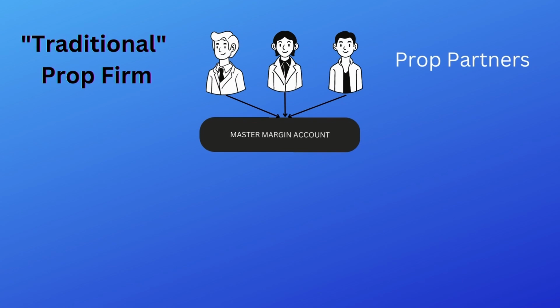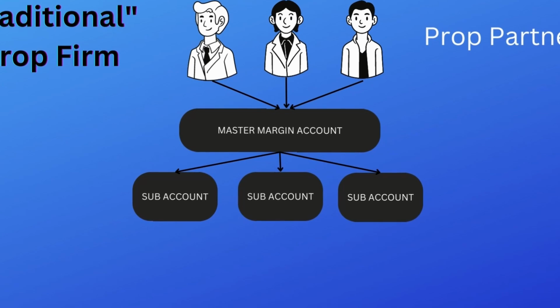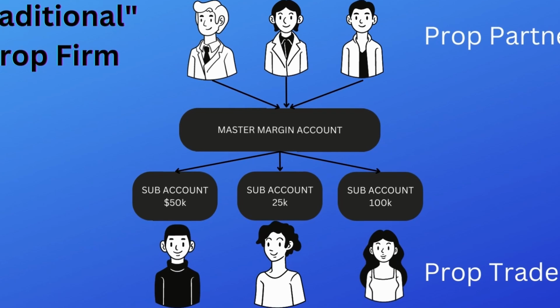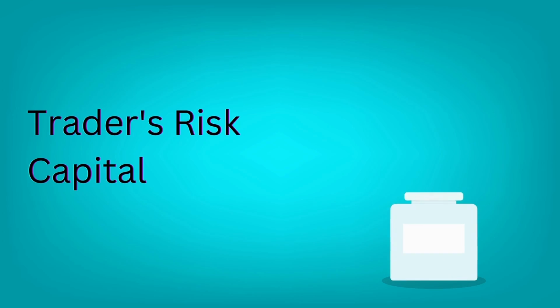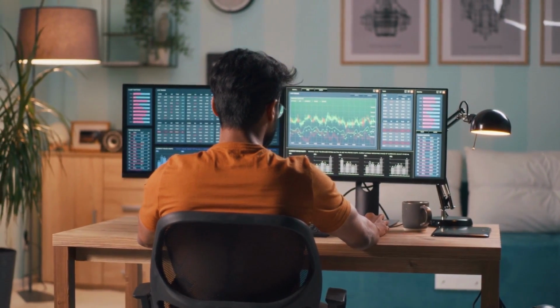In a standard operations structure, partners agree to place capital in a certain amount in a master trading account. From that master account, the partners can set up sub-accounts for each prop trader and then allocate a specific dollar amount to that account to trade with. Most prop firms require that traders maintain a certain amount of risk capital to absorb any losses in their daily trading. Based on various factors such as trading experience, dollar size, and strategy, the prop firm allocates anywhere from 2 to 10 times the risk capital to the trader.